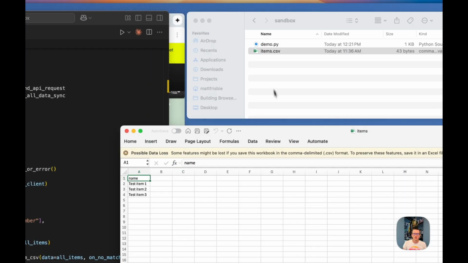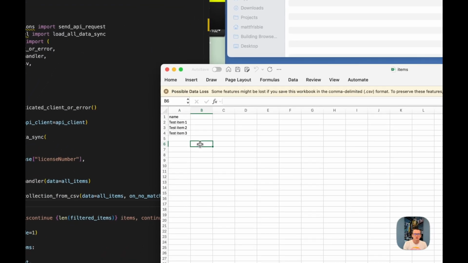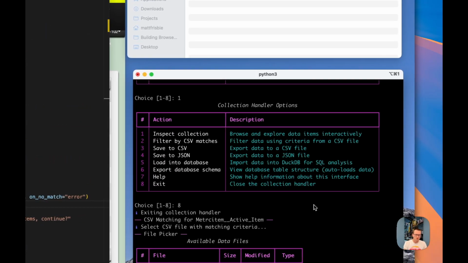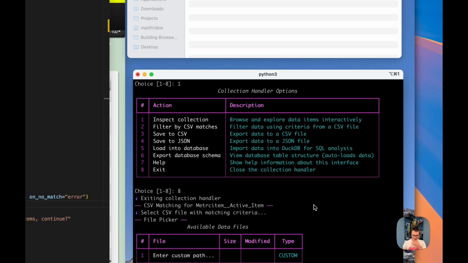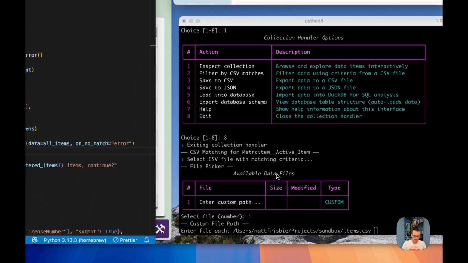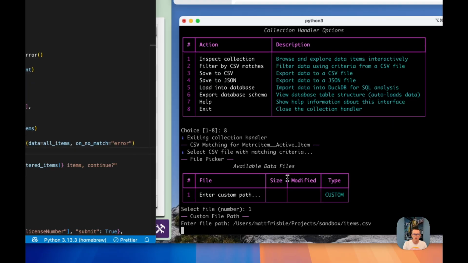We can pop this open real quick to see what we're working with. What we've got here is we're identifying them by name. We've got that in the first column, and then we've got the 3 item names that we're just going to discontinue. So that's all that's in that. We're going to provide a path to the CSV file, and same as before, we're just going to go ahead and drag and drop that in here, and that gives us the path. And we are going to